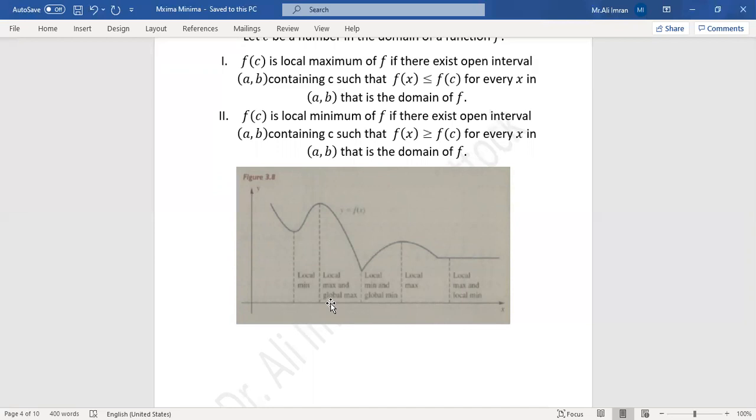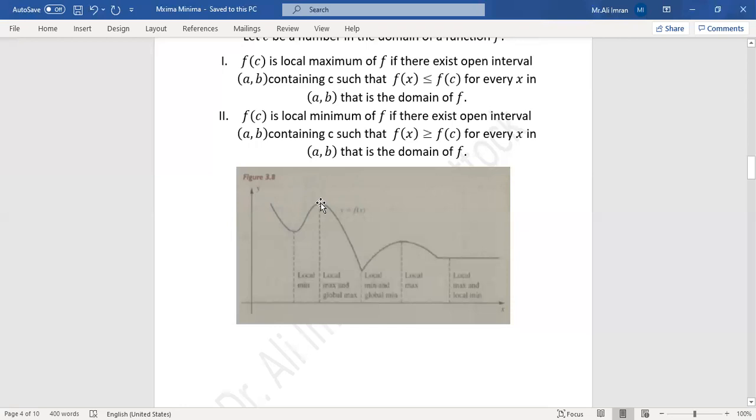In a similar manner, if we see the lowest value in the whole interval, that is called global minimum. If we see the lowest value in a sub interval, that would be called local minimum. In this, if we consider the function domain from this to this, this is called the local maximum. If we see the highest value on the whole x-axis, this is the highest point, highest peak, highest value. This is called the global maximum.